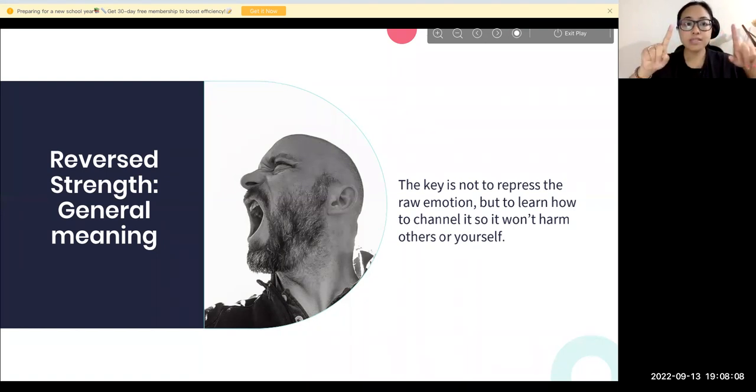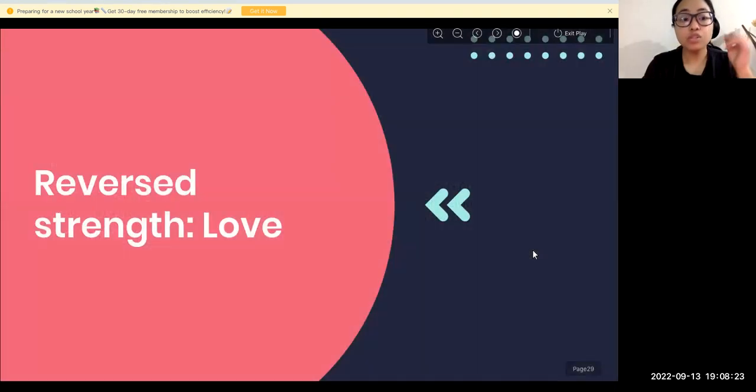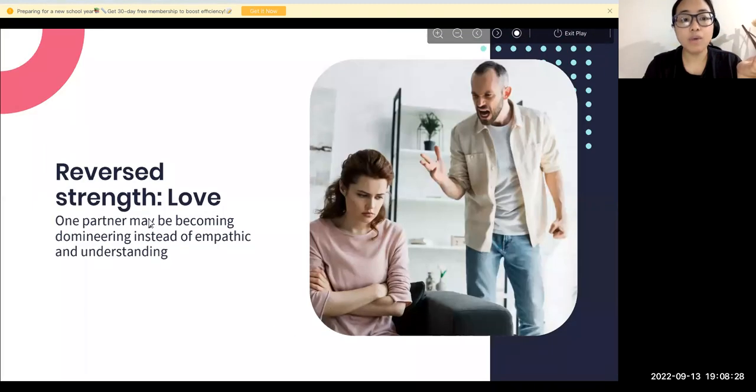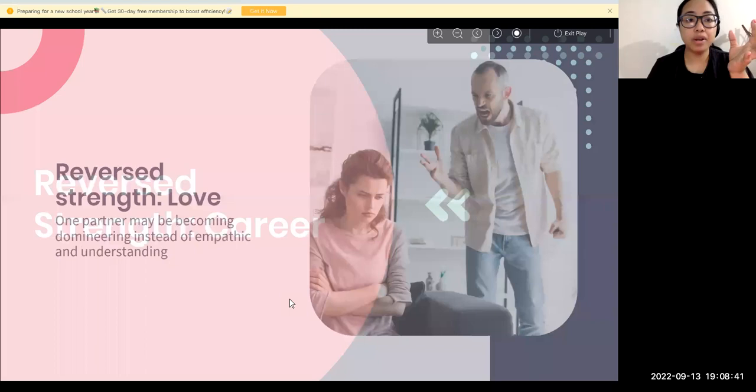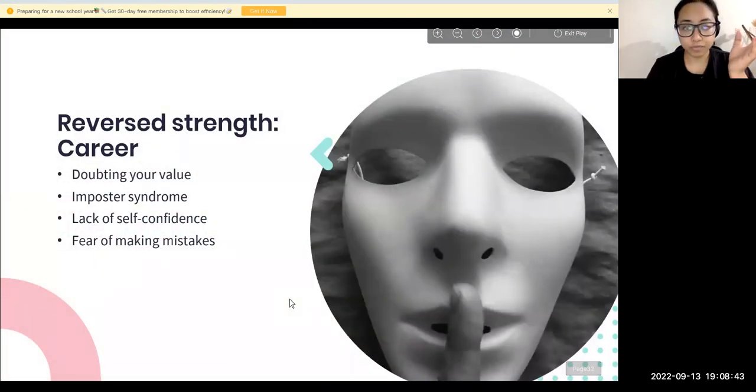So where you are channelizing your energy matters a lot. And the Strength card is telling you that. The Strength card is saying, where are you channelizing your energy? Okay. So now when the Strength card comes in a reverse position in love, it means one of your partners is trying to overpower you, trying to over-dominate you, right? And instead of becoming very understanding and very empathetic, your partner is trying to overpower and dominate you.